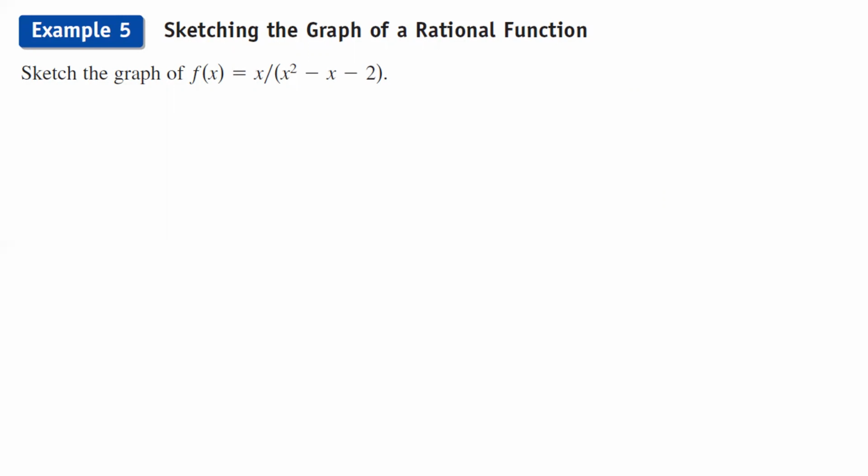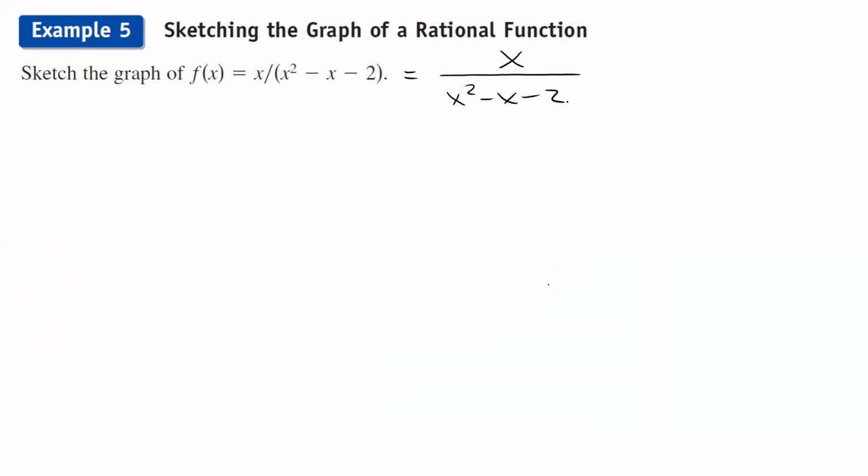All right, if you want to write it a slightly different way, you can write it as just x on top only, and x squared minus x minus 2 on the bottom here. So before we start